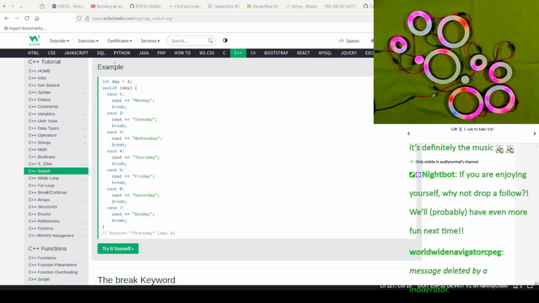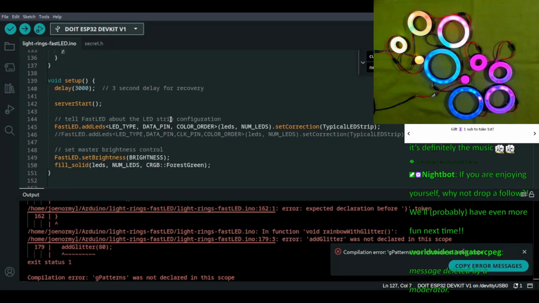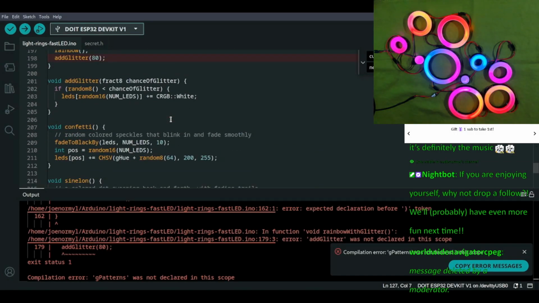Case 2, this is just laying the framework. Oh, I haven't switched. That's my bad. Let me switch back here. All right, so case 3 is gonna be, oh, that's not it. Case 3 is gonna be confetti.